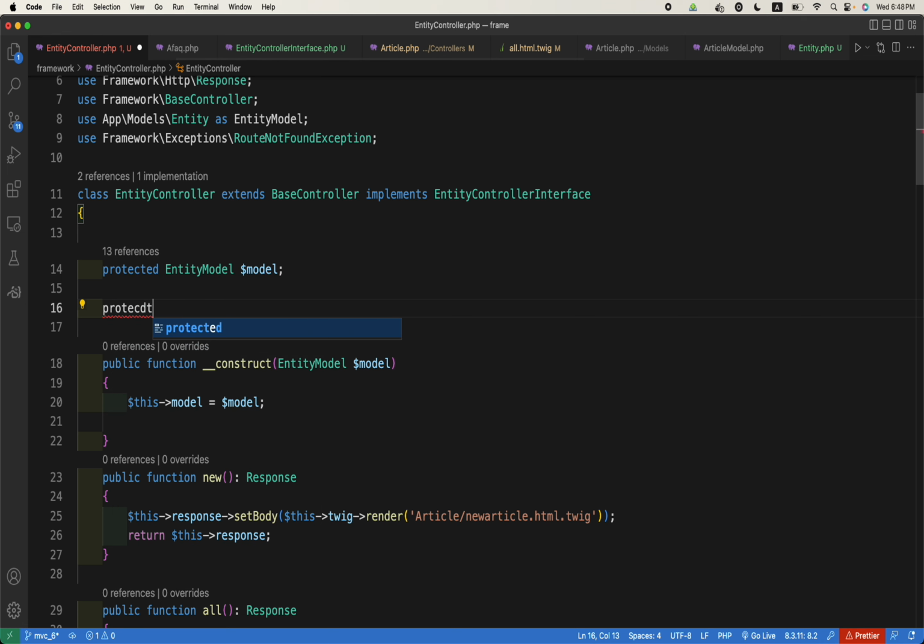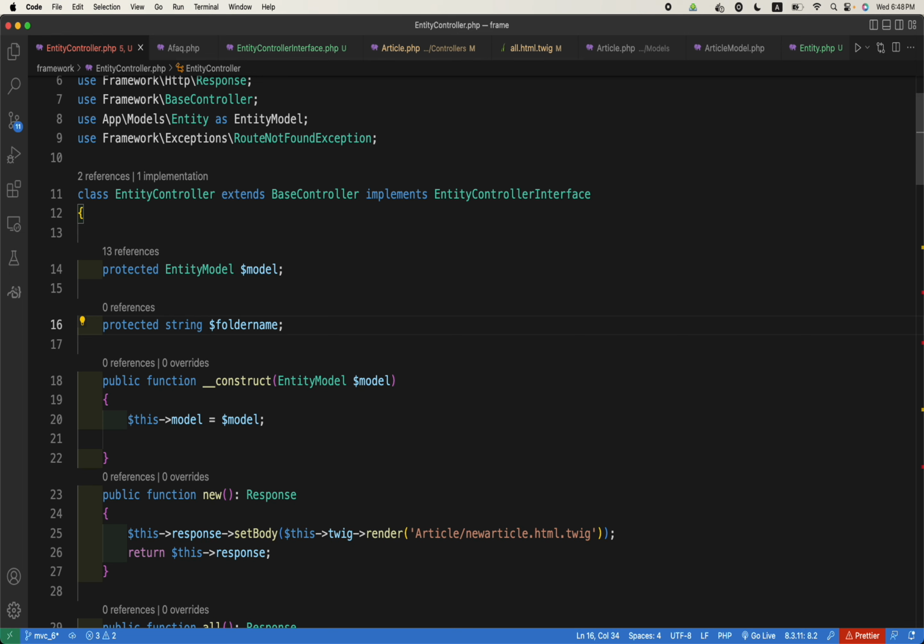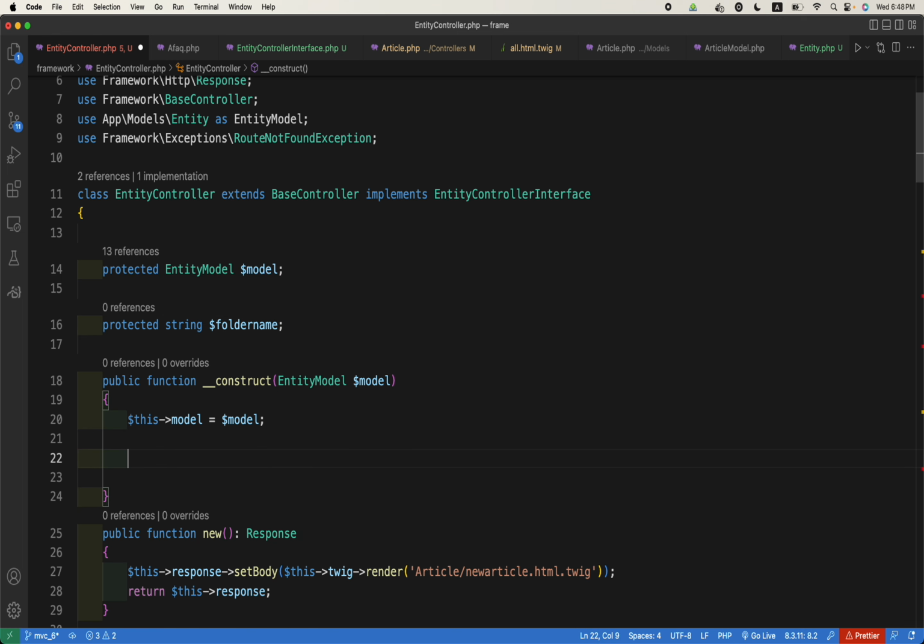Protected $ folder name, string. So the folder name should be set in the constructor. We can use this dot folder name equals